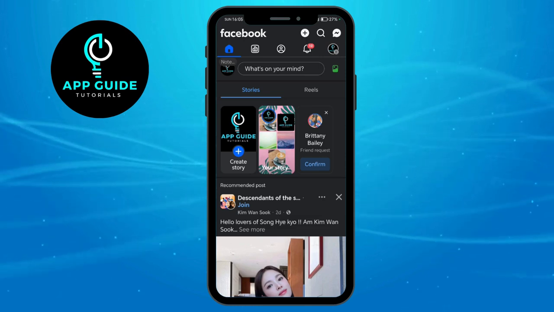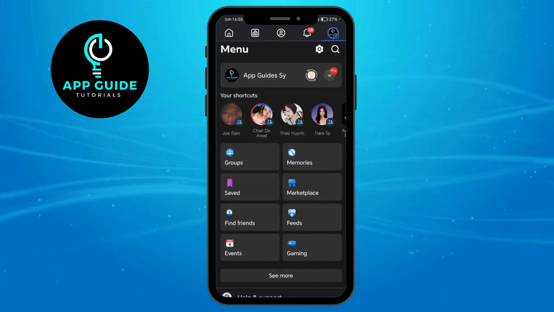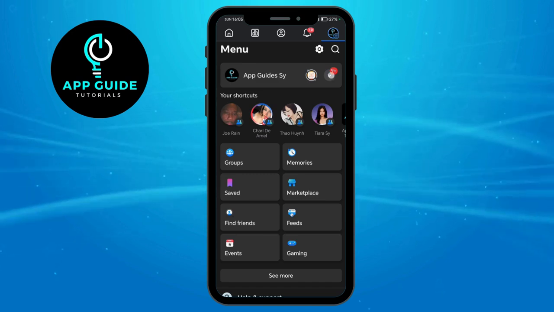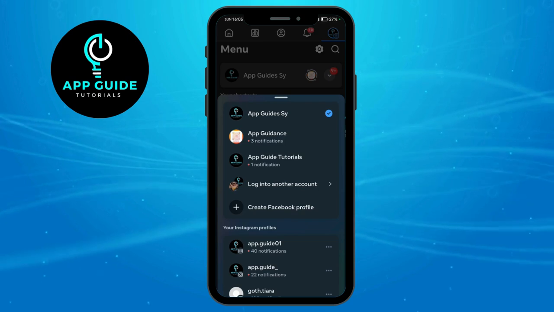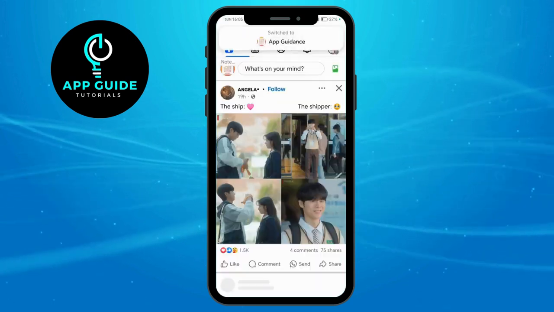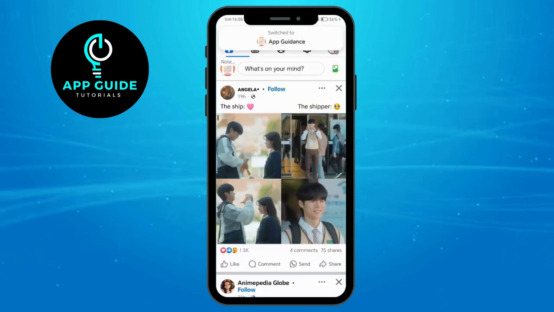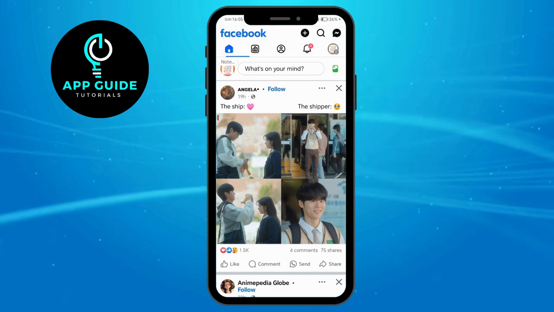is to tap on this main menu button right here and tap on this arrow down icon right here. Now once you're here, all you have to do is to switch to your Facebook page and tap on that username. And now that you have successfully switched to your Facebook page, all you have to do is to tap